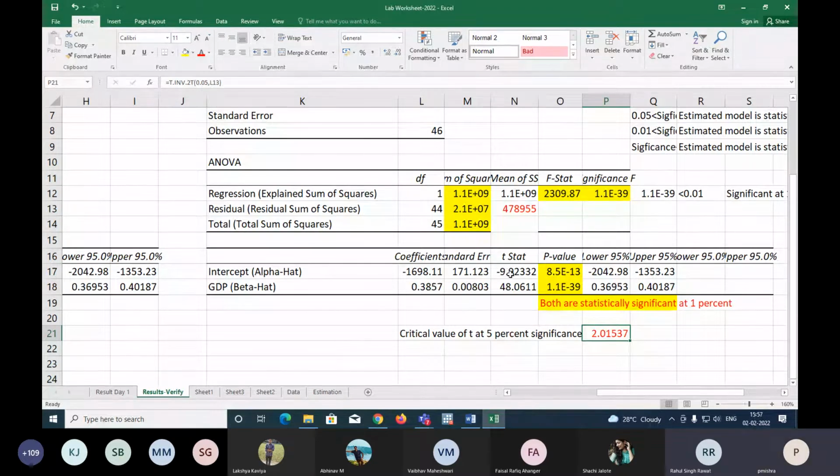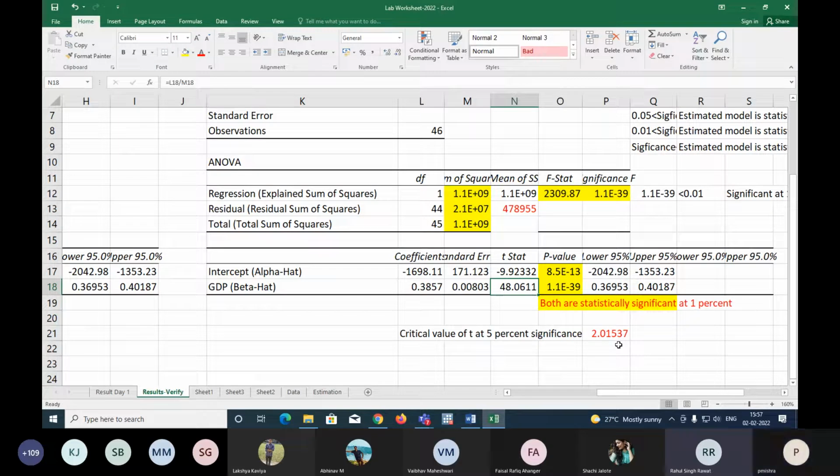I can see the absolute value of the t statistic for this beta, meaning beta hat or alpha hat, they are all greater than this critical value, and hence the null hypothesis is rejected at 5%